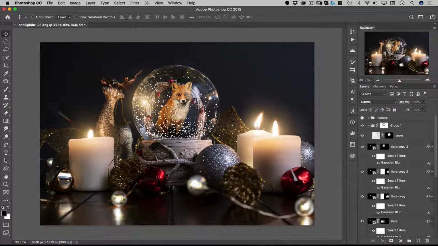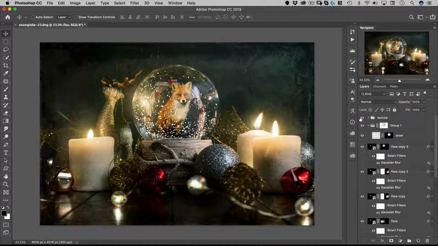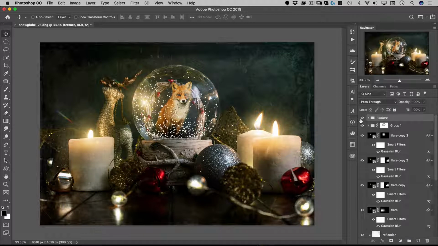And we have our snow. Now we have our texture. And the last thing I want to do is color grade. So the first thing I want to do for the color grading is add a gradient